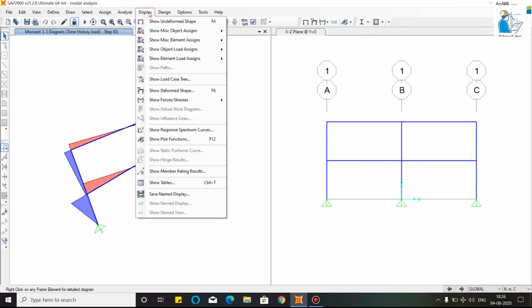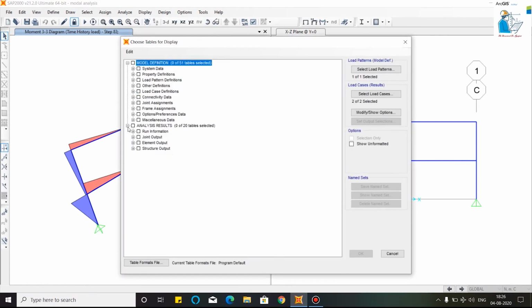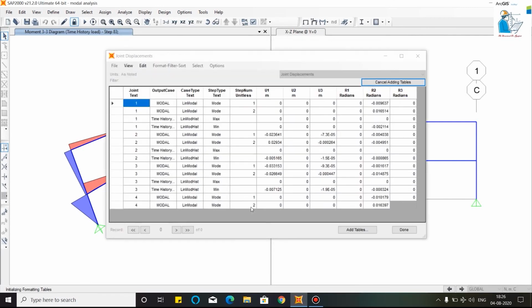Now go to the display option. In show tables, you can get the output of your results: displacement, reaction, and select the load. So load is selected. Click on OK.